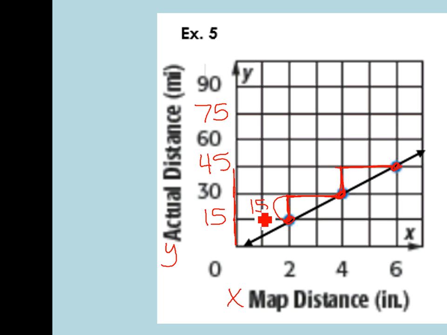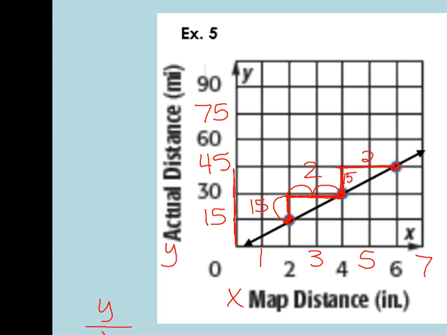Then if I look at the part going sideways, I have 2 bubble marks. Let's see what that represents. And we have 0, we have 1, 2, 3, 4, 5, 6, and 7. So that is increasing by 1. So these bubble marks do represent 1 each. So that would mean 2. And I can look, and I know this is going to be 15 again, and 2 again. So it does have a constant rate of change. So we can write